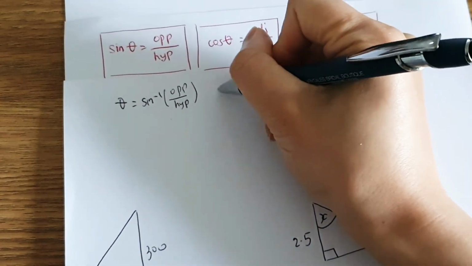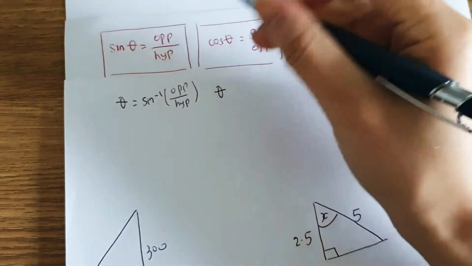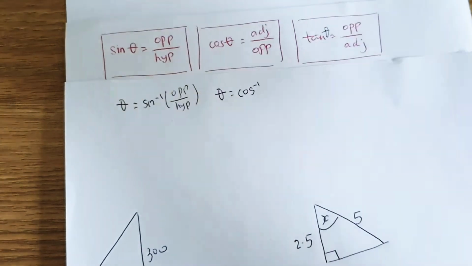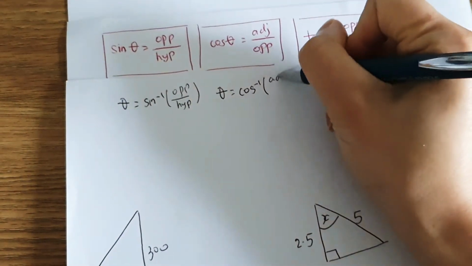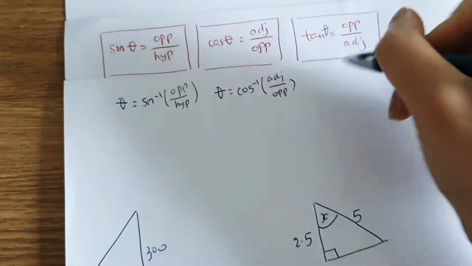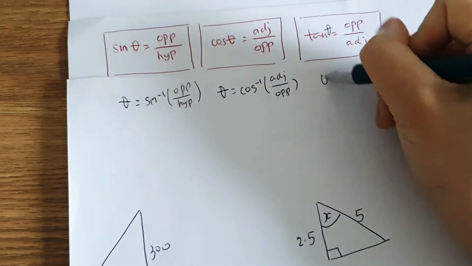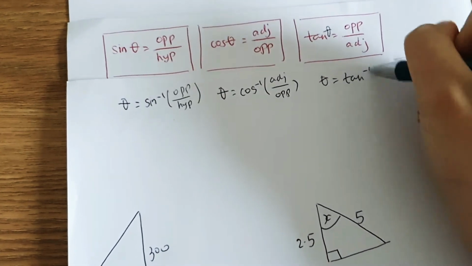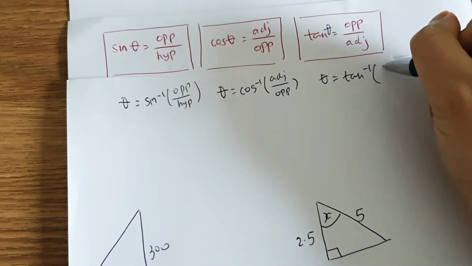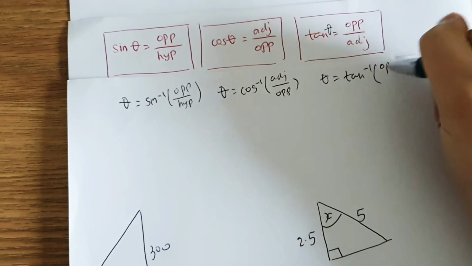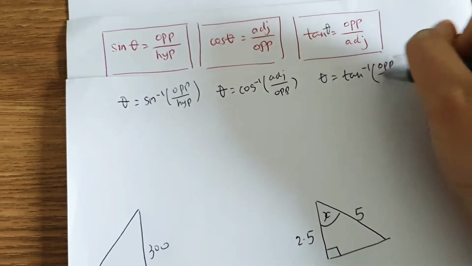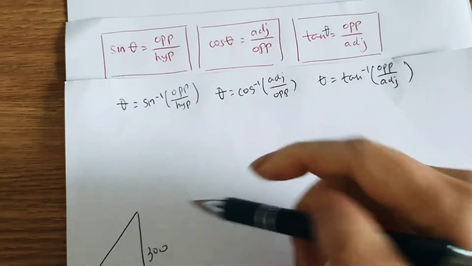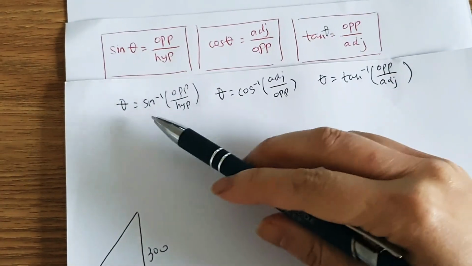Over here, it's the same thing. The inverse of cosine, or the opposite of cosine, is just inverse cosine, adjacent over hypotenuse, and to undo the tan here, you'll do the inverse of tan onto the other side. It's not tan to the power of -1. This is just the symbol for the inverse of tan. But the ratio, SOHCAHTOA, still applies, except we're now looking for the angle instead